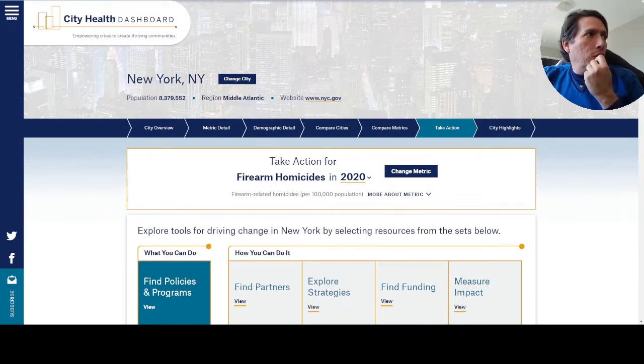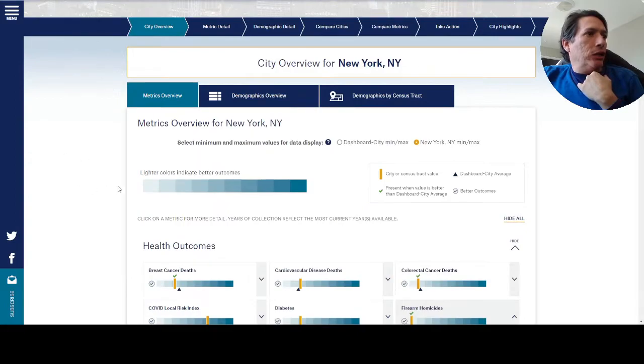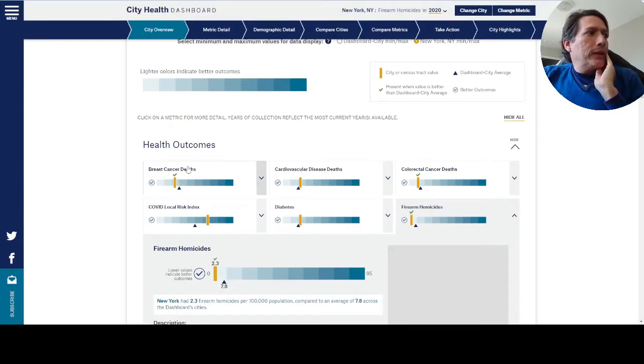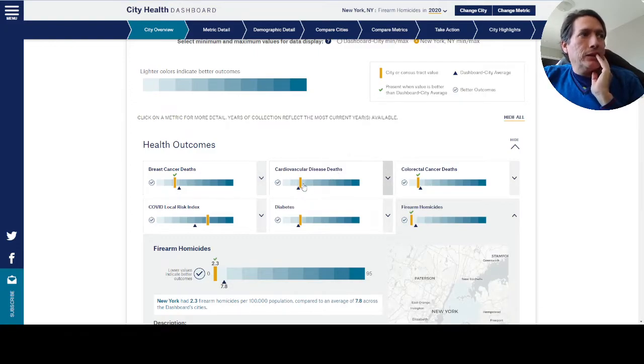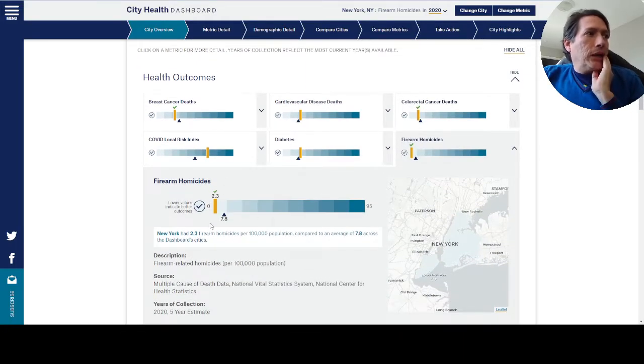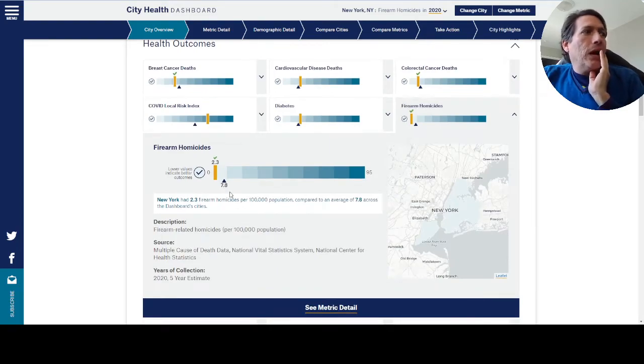New York City with a population of 8 million. The region is Middle Atlantic, and they have the website. Then we can have a city overview. Then this is the scale. Lighter colors are better outcomes. Then it tells us, oh, breast cancer, we are below the average of all the cities. Cardiovascular disease, we are worse than the average. Colorectal cancer deaths, we are better. COVID risk, we are above. Diabetes, we are above. Firearms, we are below the average of